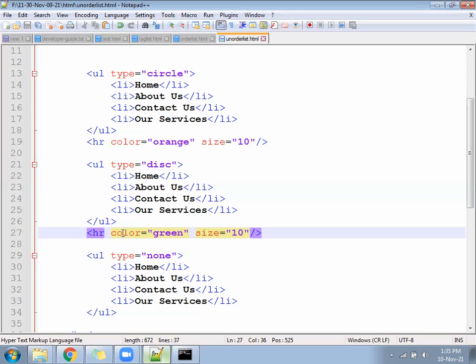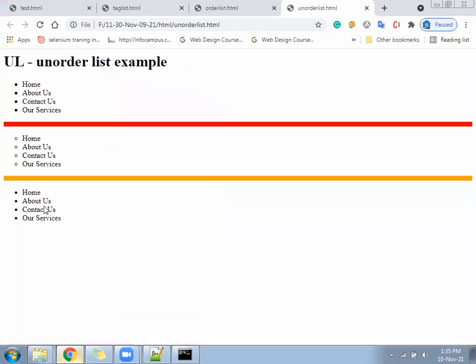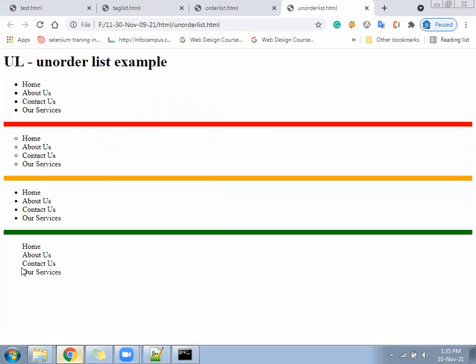So someone has asked what is the color, what is the size. So this is called property and this is called value. And the HR is the tag name. For a tag name, we have to add or remove the property and value according to need. None is coming, none with nothing, just directly text data. None is coming directly without any kind of marker, just text data.